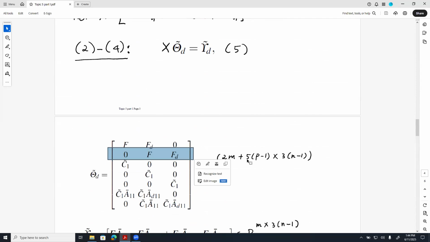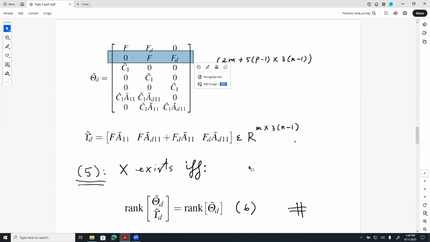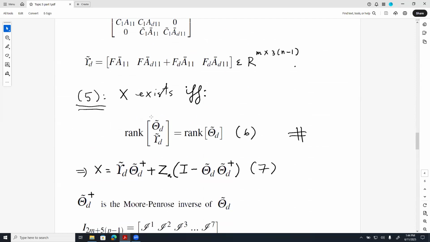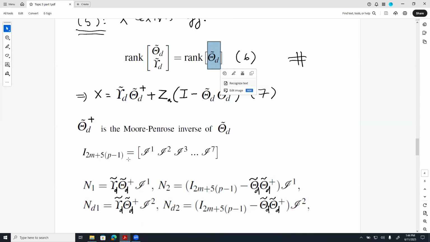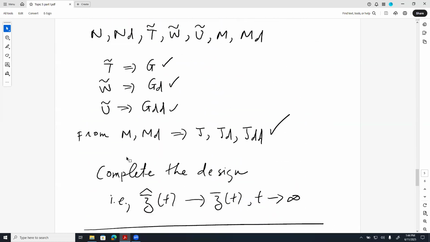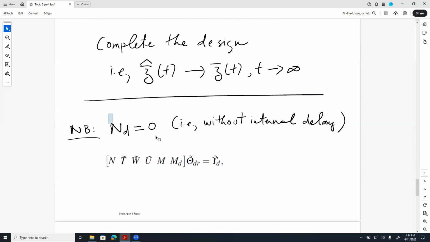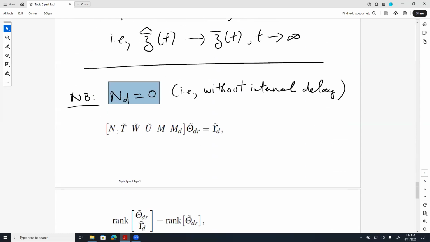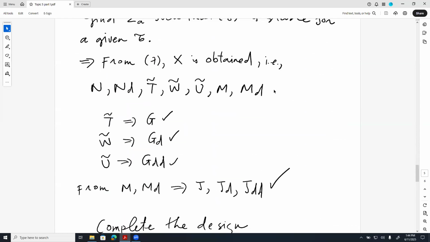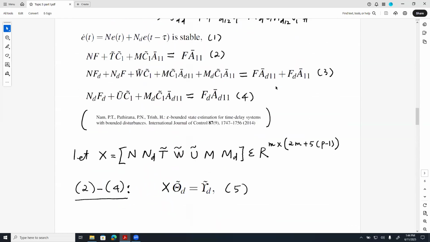That means it's actually making the conditions a little more conservative, because as you know, the more rows we have, the more chance of that matrix becoming full rank and so on. So when we consider this situation, we only need to solve for 6 unknown matrices in the modified matrix